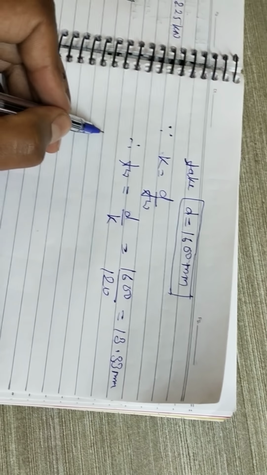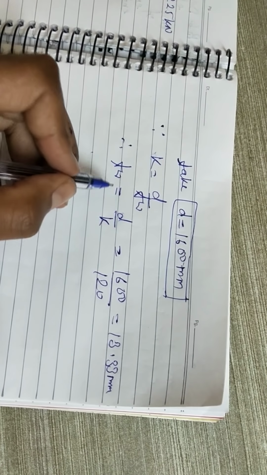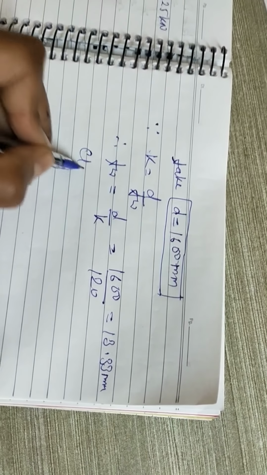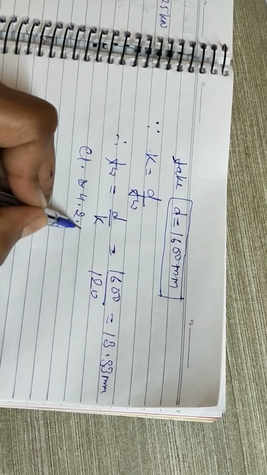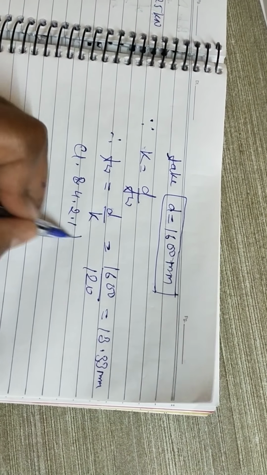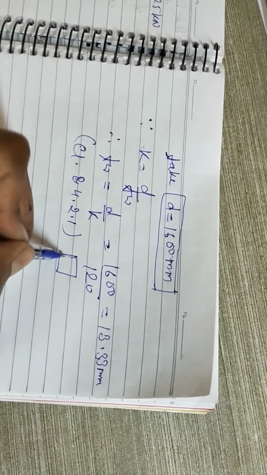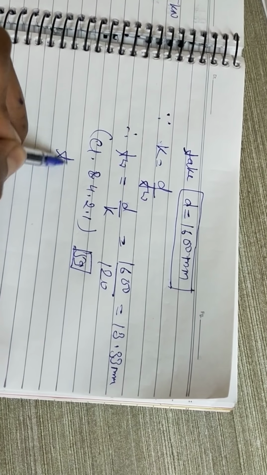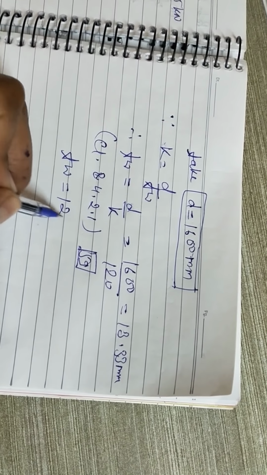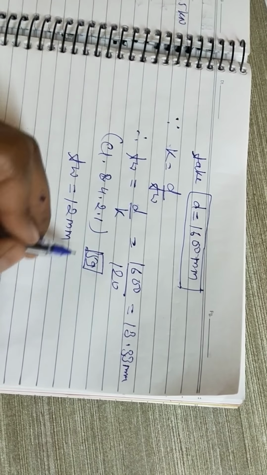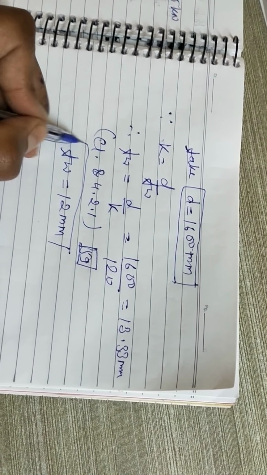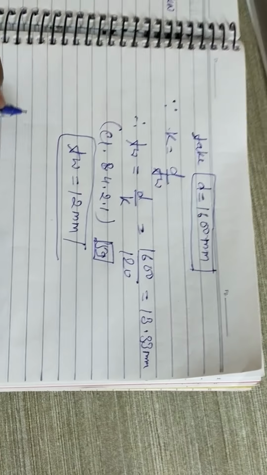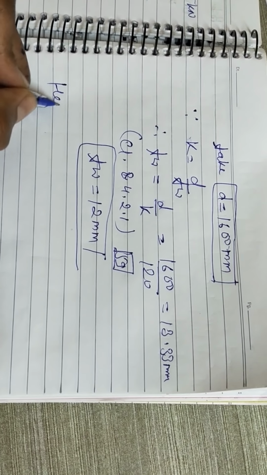We will also check this value of tw from clause 8.4.2.1, from page number 959. Then we will get from there tw equals 12 mm, which is the nearest value of this. There is no problem to take 12 mm of tw. Hence provided